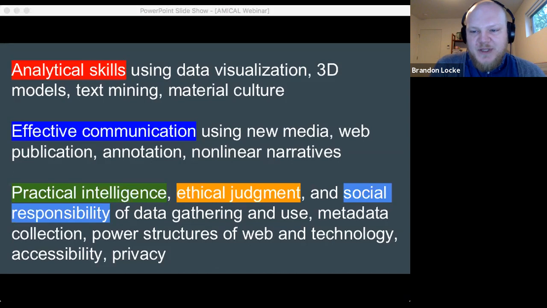When we're developing these assignments, I think it's really helpful to break down what types of literacy students can develop and to try to focus on that part of the process. This might seem obvious, but when we think about digital humanities projects and we decide we want to develop in the classroom, it's really easy to lose sight of those objectives and design the course to try to produce that bright shining project that you want to emulate, even if you end up sort of missing some of the